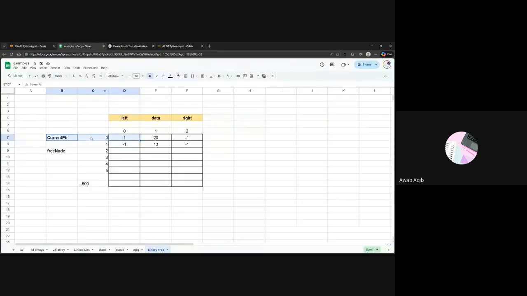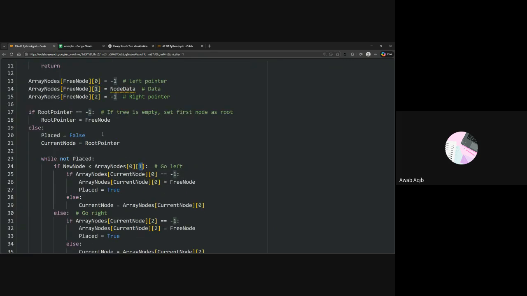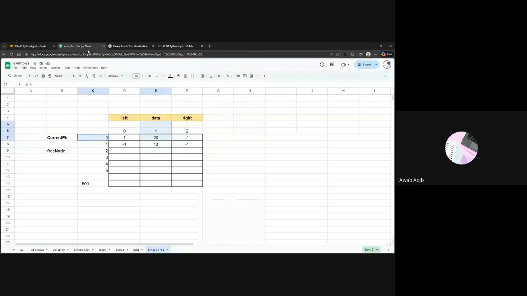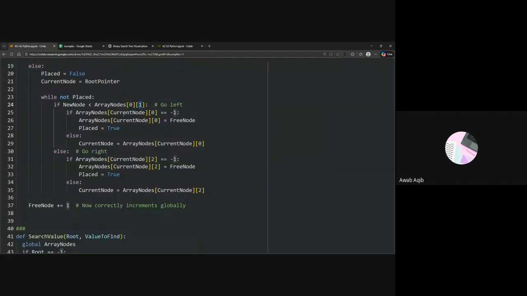So again, row 0, column 1, we get the left column 1. This is the data value. So we check against this value. The value that we're going to add could be, let's say, maybe 35 this time again. So we check if 35